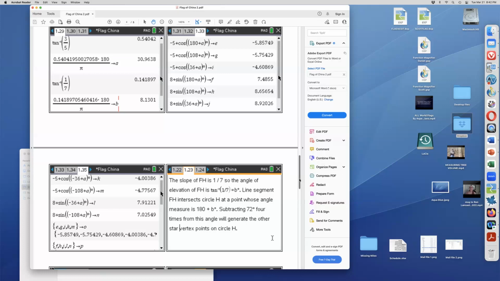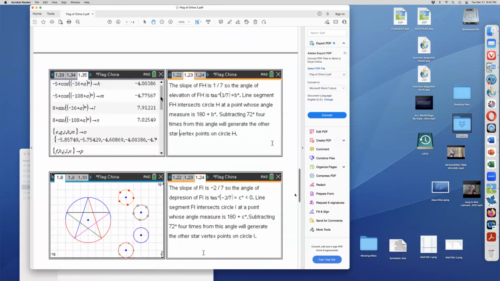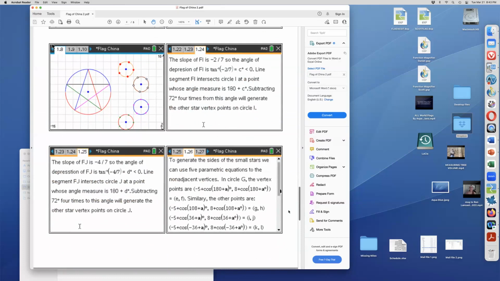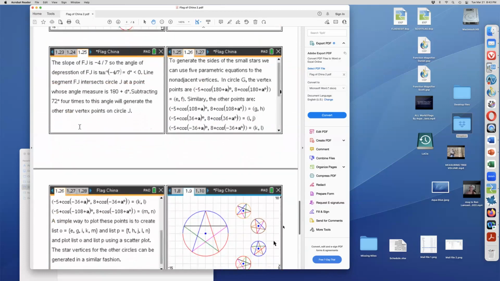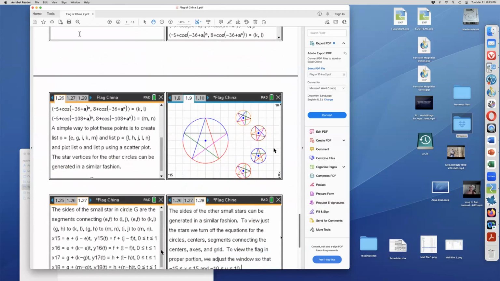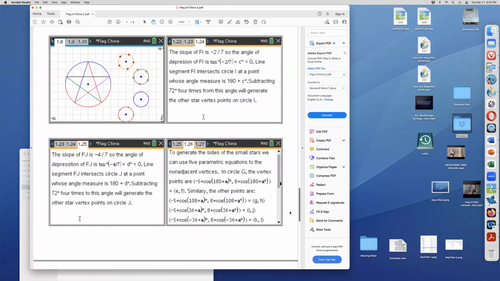Okay, and you do that with the other 4 circles. So the next couple of slides describe that, and I'm not going to go into the detail of that because I have the details on the sheets there, so that if you need to try it for yourself and see if it matches, that's fine. But then once you have that, as you could see on the graph that Ron has, no, don't go down, go back up again. There you go. You see the 4 small circles with the 5 vertices located in each of the circles.